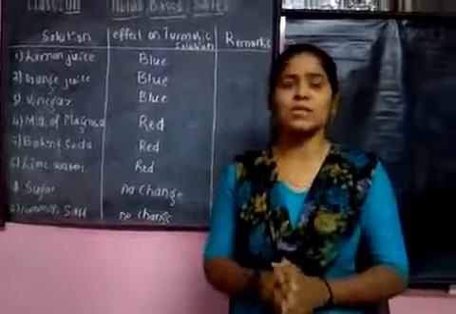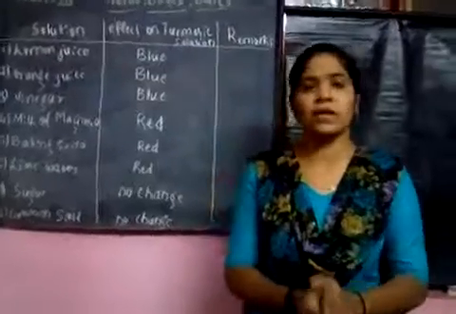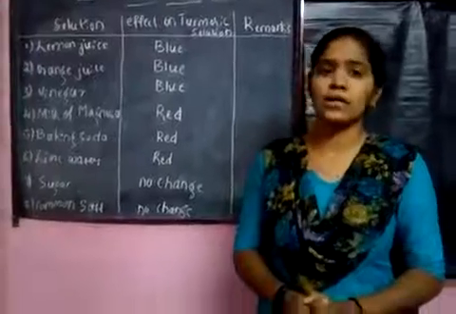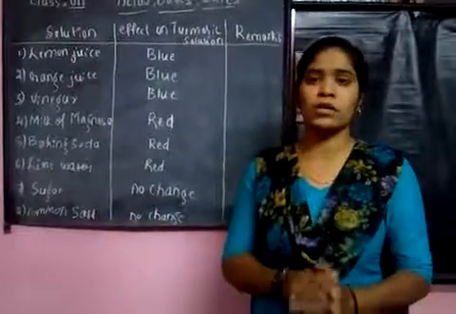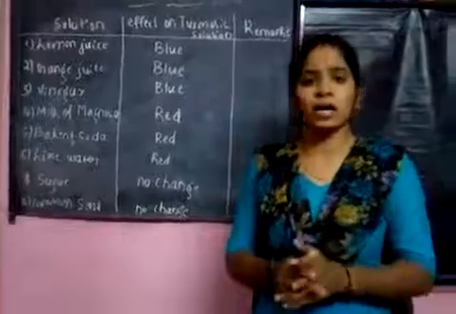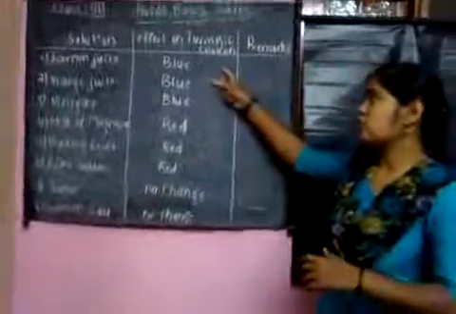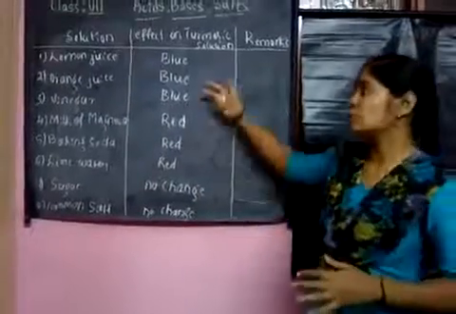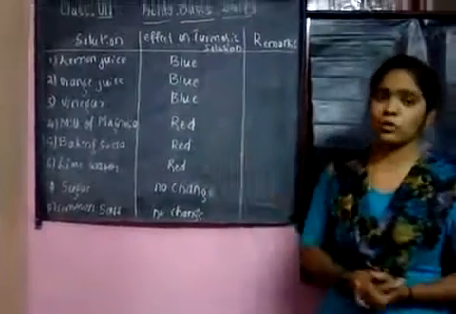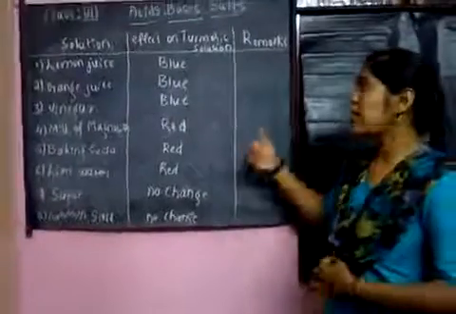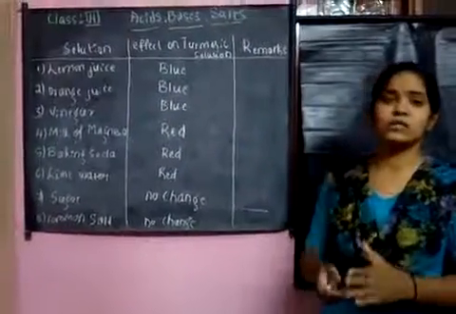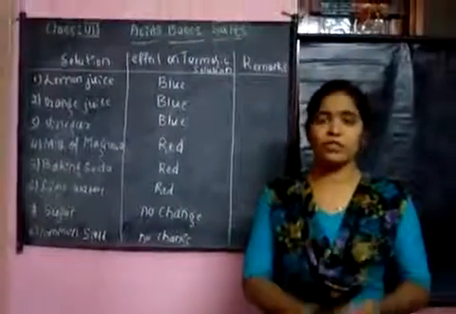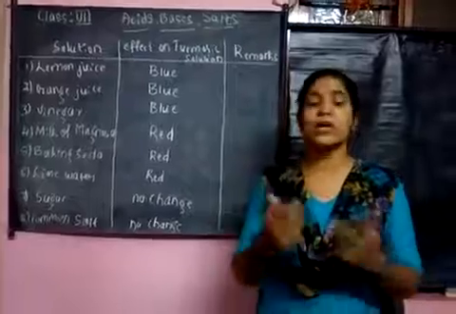So in today's class, I am giving you an activity. For that, we are considering a naturally occurring indicator. The example for that is turmeric solution, which is yellow in color. This turmeric solution acts upon certain solutions, and there is a change in the turmeric solution. What happens is what you are going to study in this activity. Firstly, consider some variety of solutions, either rich in acidity or rich in basicity, and some are neutral.